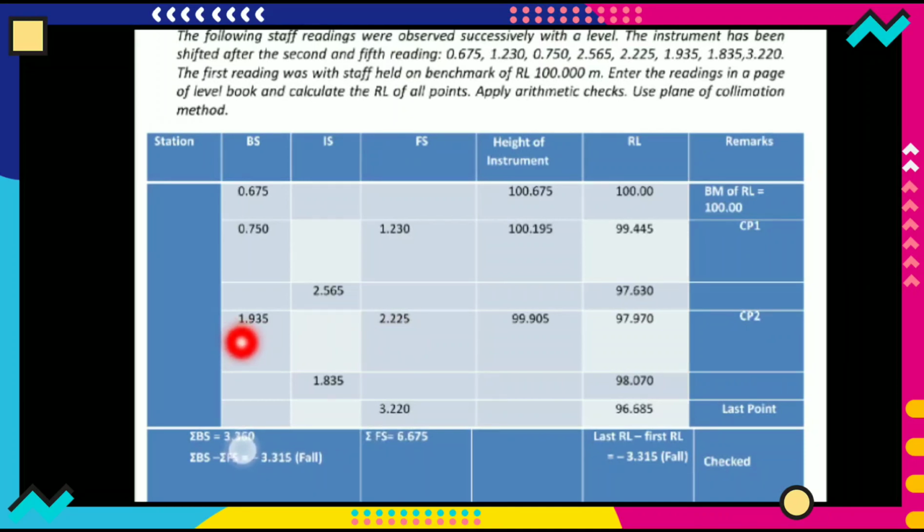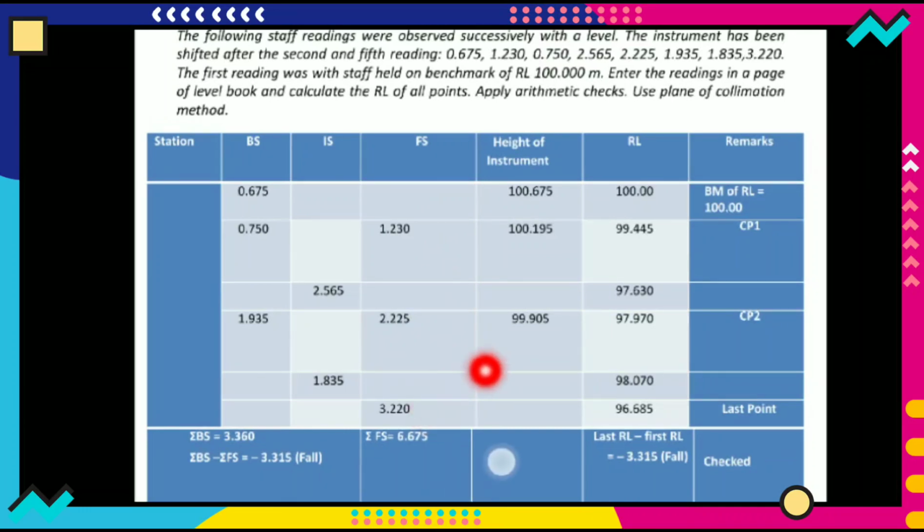After that we take 1.835, that is our intermediate sight. Then the last reading 3.220 is our foresight. Similarly we add the backsights 1, 2, 3, and the answer is 3.360. We add the foresights 1, 2, 3, and your answer is